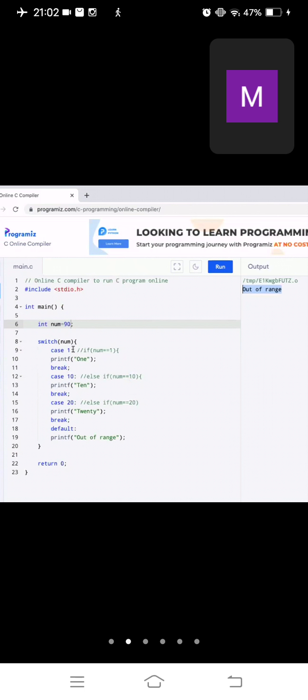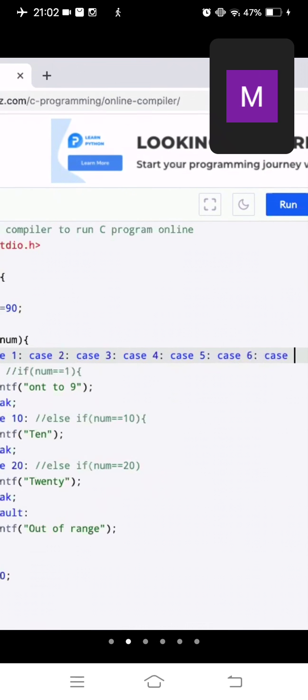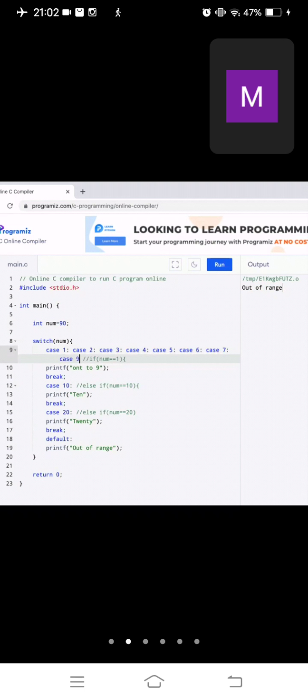Yun, yung sabi ko kanina, sir, what if 1 to 9? Sir, if 1 to 9 yan siya, gusto na ko, kuha na siya. Yes, you can have case 2, case 3. So, if you want to push talaga na ganyan, gusto mo mag-switch case, ayaw mo mag-if else, pwede yan, pero kailangan handugtong mo siya dito. Case 7. Kailangan specific kasi sa switch case, guys, hindi siya katulad kay if else,